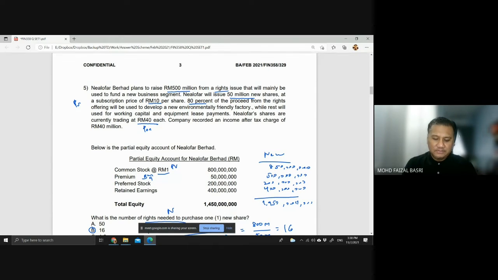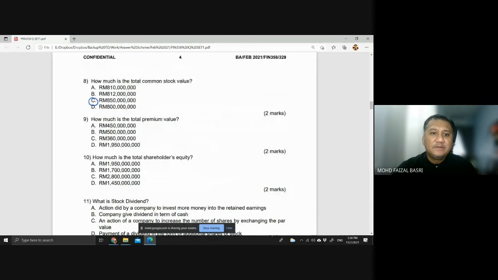So if we add everything, it should be 850 plus 500 plus 200 plus 400. So we get 1950. So it's correct. So our premium would be 500. There is an addition of 9 million times 50 million, equivalent to 450 million. So from this 500, 50 million goes to common stock. The balance 450 goes into the premium. So 450 plus 50 million is 500 million. So basically that's our value. What was it just now? 500, right? So for B it is 500 and the total goes up to 1950.